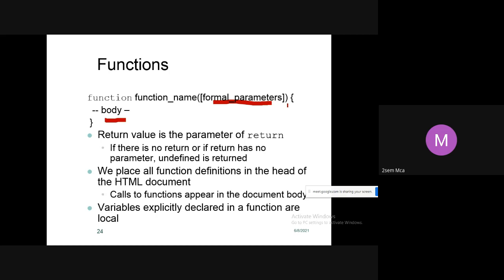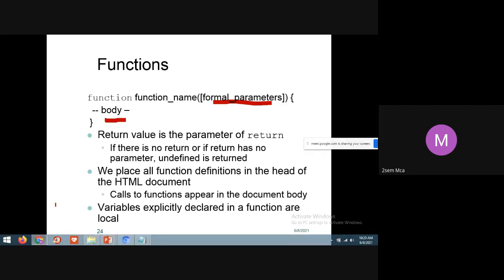We place all function definitions in the head of the HTML document. Where should the function appear? The function definition should appear in the head tag of an HTML document, and it should be called in the body of the HTML code.